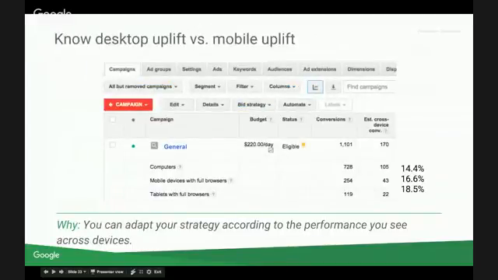And another key insight that you should strive to uncover in your data is the relative uplift across mobile, tablets, and desktops. Cross-device lifts probably won't be the same across all three device types. So you have to know what those differences in performance are. In this example here that you can see,